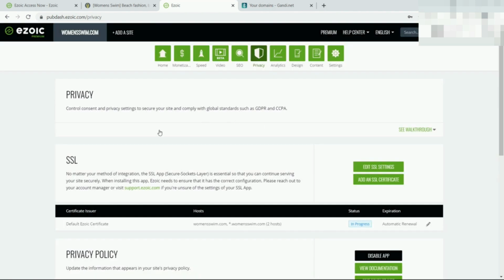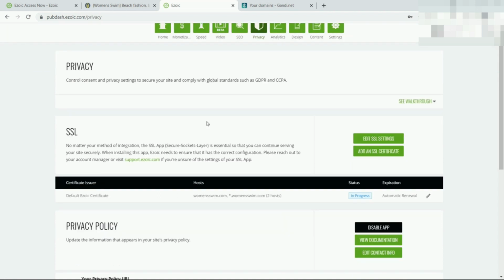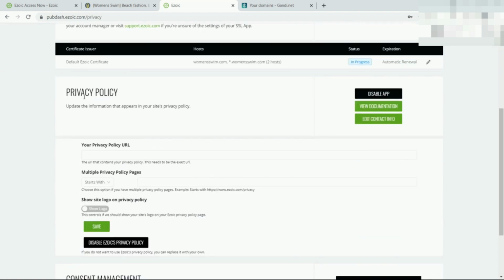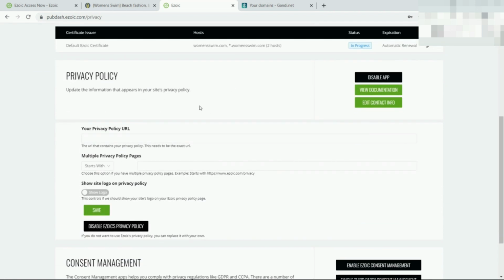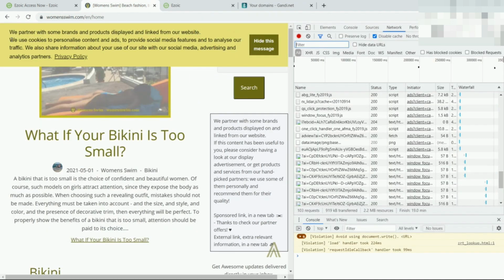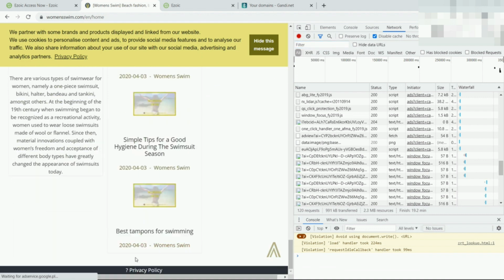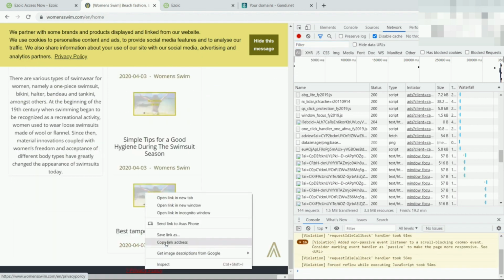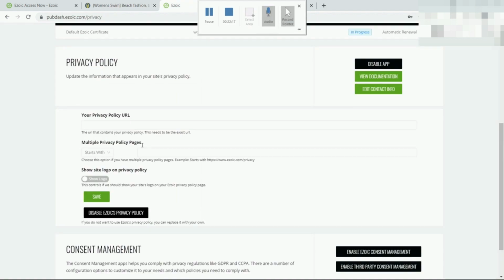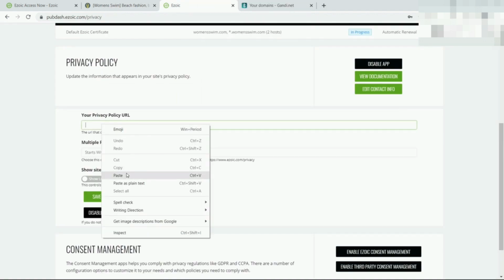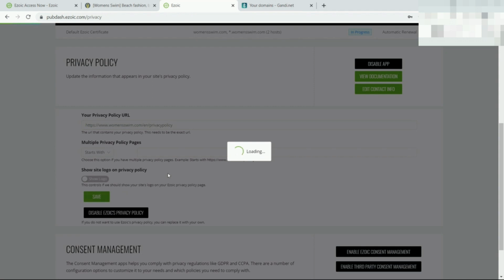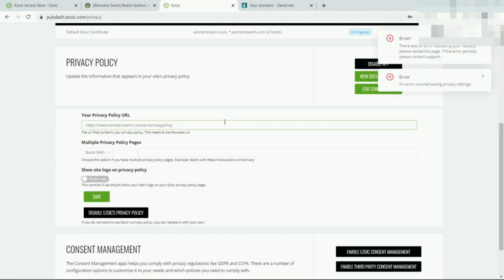Another great setting is the privacy. You can also set up the Ezoic privacy policy box for you. In my case, I have my own privacy policy box, but mine is shown to everyone, and it's not very good. But with Ezoic, let's copy the link of my privacy policy and put it here. With the Ezoic privacy policy,